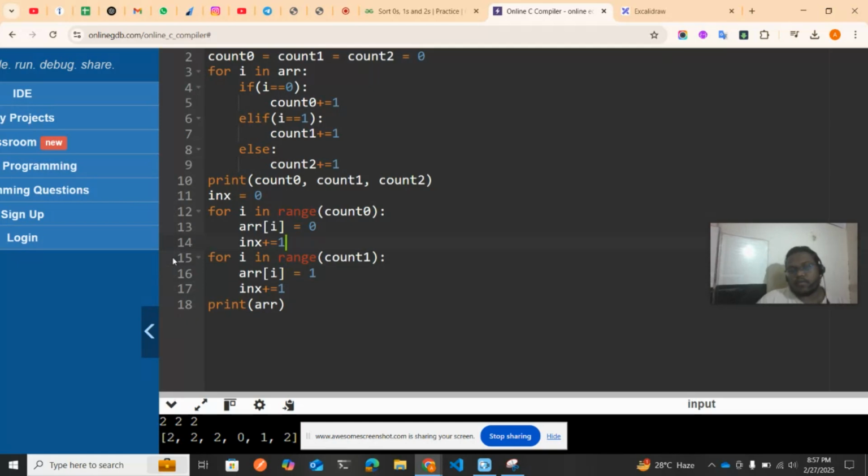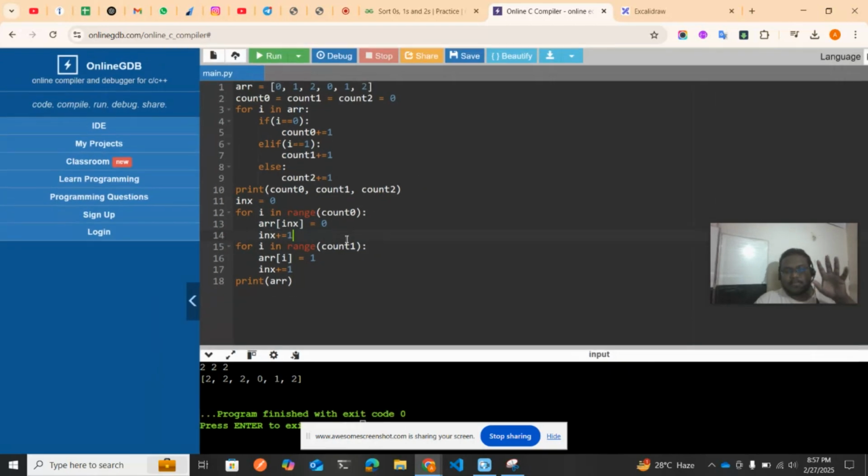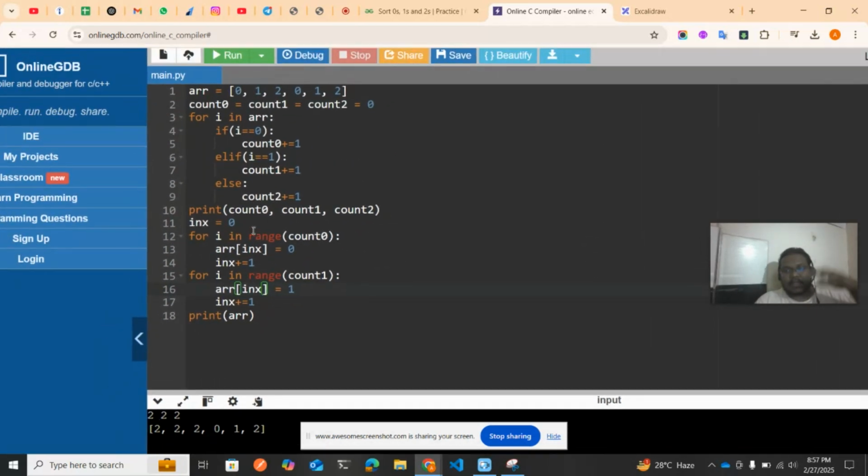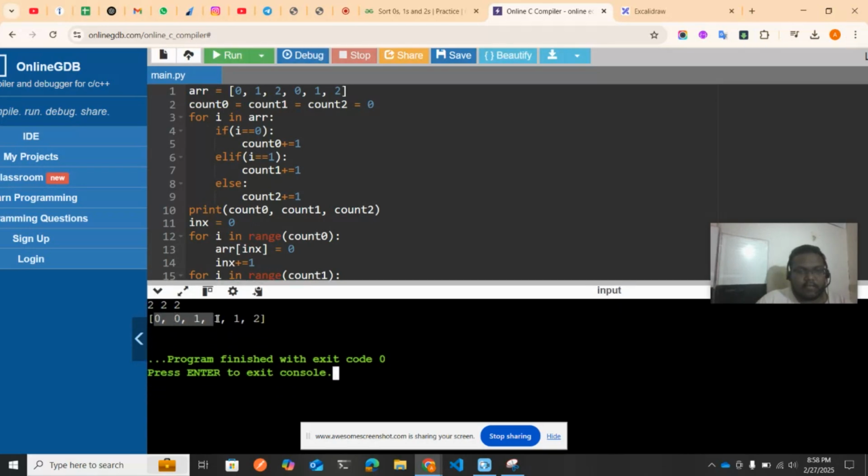So what we are doing is we need to replace at the index position, not the i position. So that's the one small mistake that I have committed. So don't do that, because we are not taking another array. We can push those values to another array, but here we are just using the same array to modify the values. Okay, if I click on run, you can see we have 0 0 1 1,